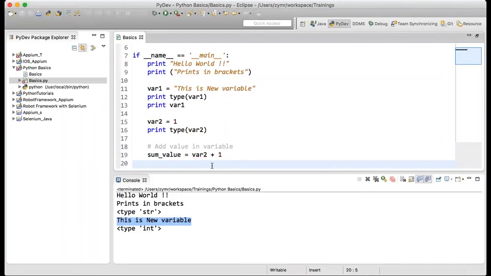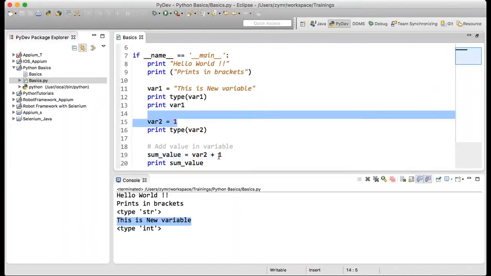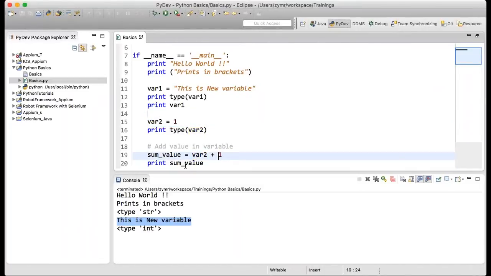And I will say print sum value. What we can expect here is simply the addition of the variable value to 1. So we are expecting 2 to be the output of sum value.